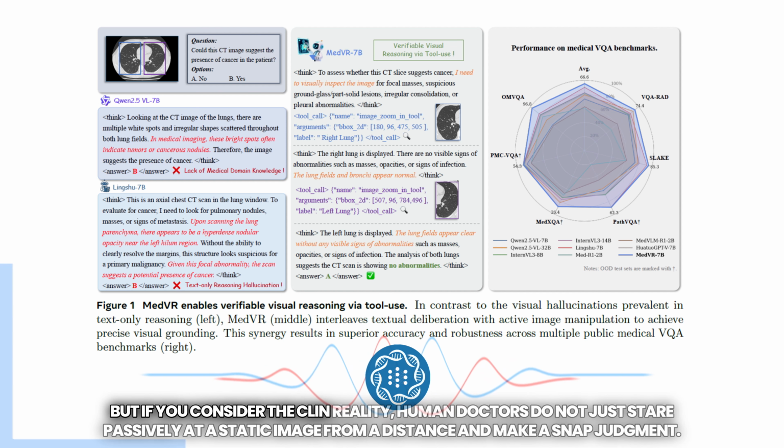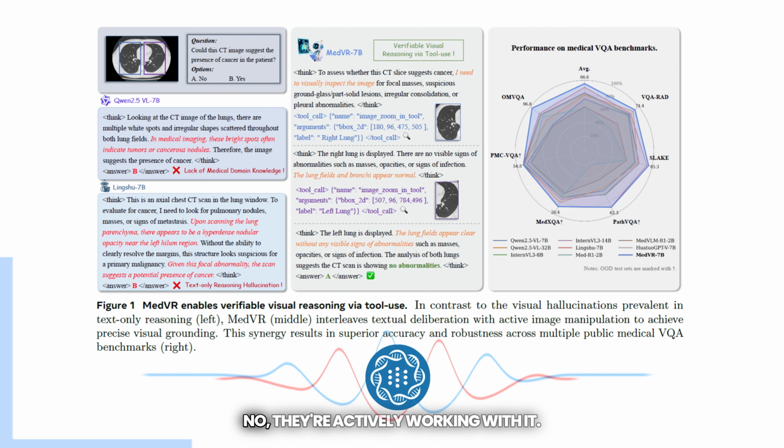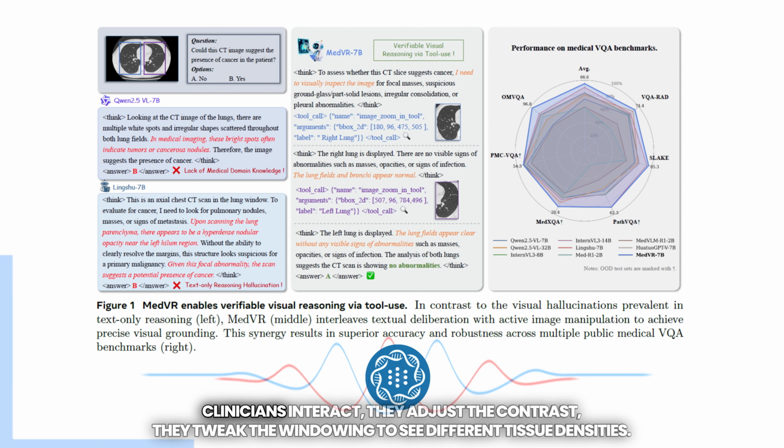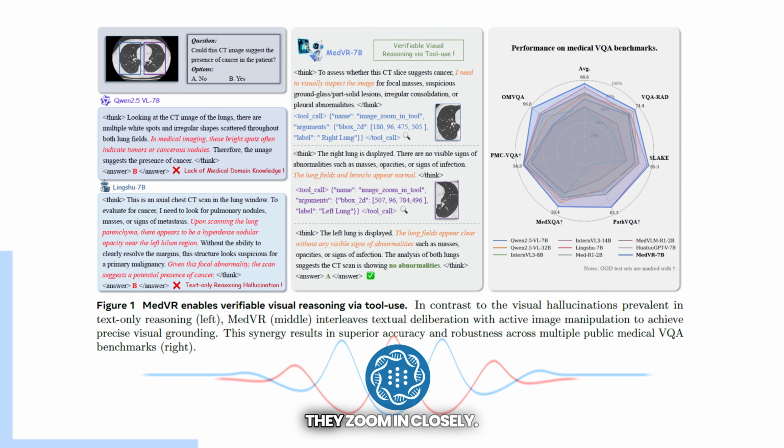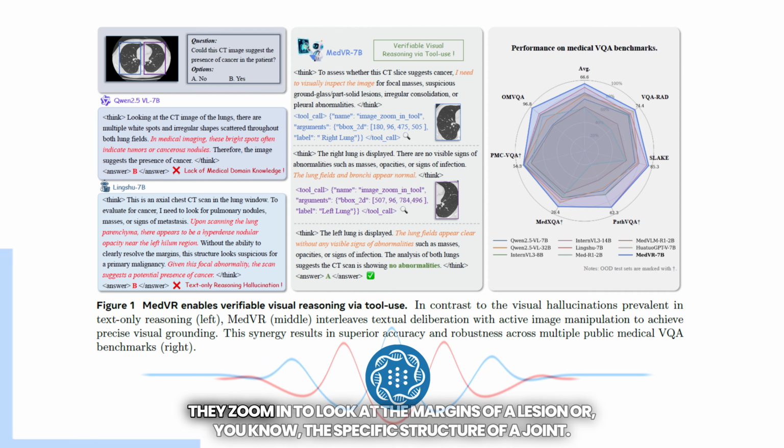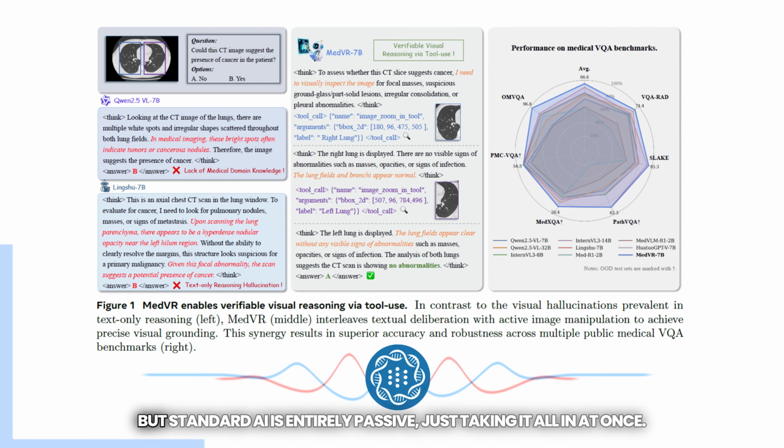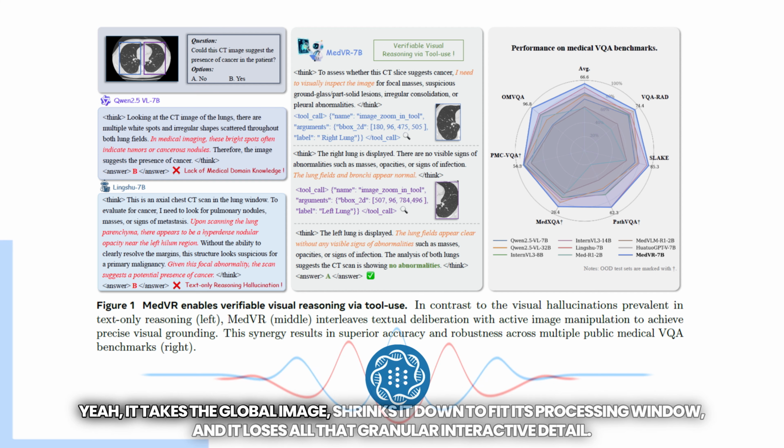But if you consider the clinical reality, human doctors do not just stare passively at a static image from a distance and make a snap judgment. No, they're actively working with it. Right. Clinicians interact, they adjust the contrast, they tweak the windowing to see different tissue densities. They zoom in closely, I assume. They do. They zoom in to look at the margins of a lesion or the specific structure of a joint. But standard AI is entirely passive. Just taking it all in at once? Yeah, it takes the global image, shrinks it down to fit its processing window, and it loses all that granular